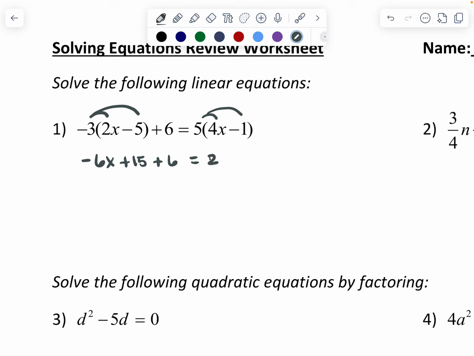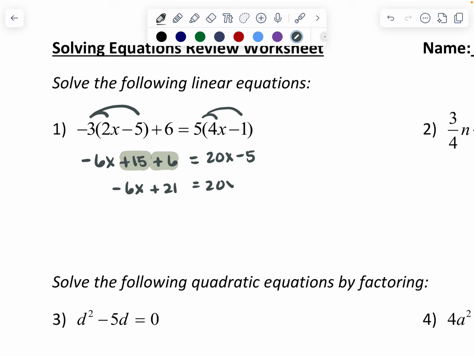going to get 20x, and then minus 5, okay? Now let's go ahead and combine some like terms on the left-hand side. So the 15 and the 6, 15 plus 6 is 21, so we're going to get negative 6x plus 21 equals